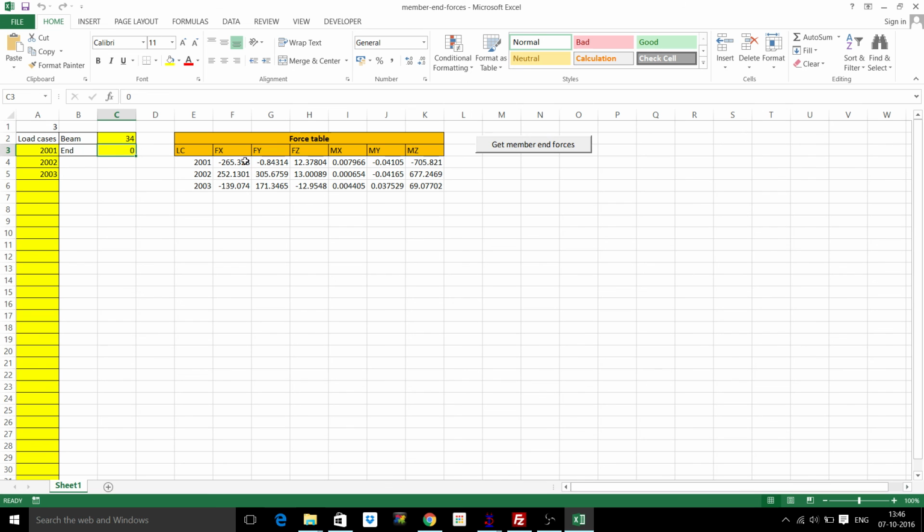So this is the axial force Fx. What does this sign convention tell you? This is a start end and the sign is negative. So we have to consider the local axis theory here. The local axis means the positive x will be from 0 to 1, that means from start end to end. And here negative means